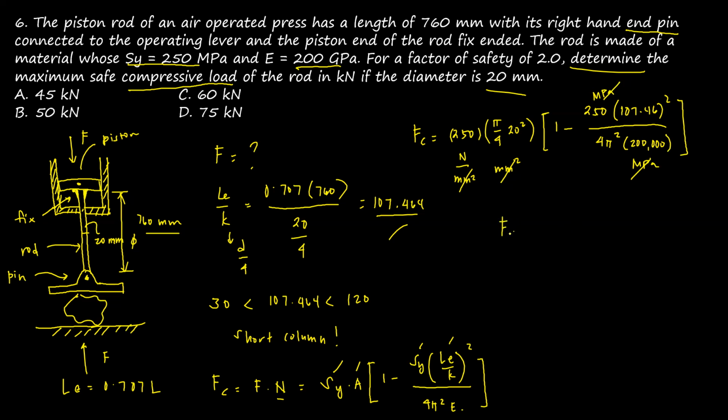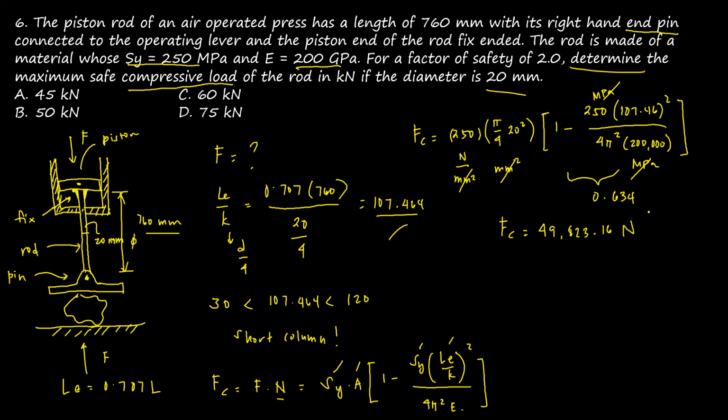So the critical force or the maximum safe compressive load is equivalent to, unahin muna natin sa bracket, guys: 250 times 107.46 squared divided by 4 divided by pi squared divided by 200,000. 1 minus answer. So this is, para lang ma-recheck nyo, guys, in your own, this is 0.634. So times pa natin ng pi over 4 times 20 squared times 250. So the answer, the maximum compressive load is 49,823.16